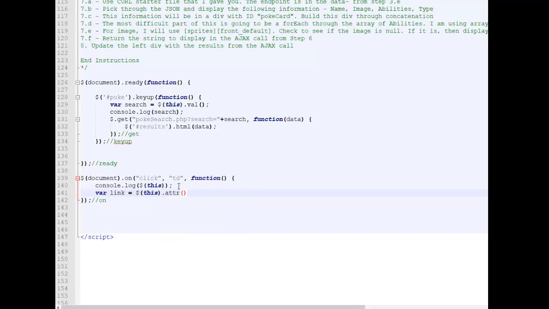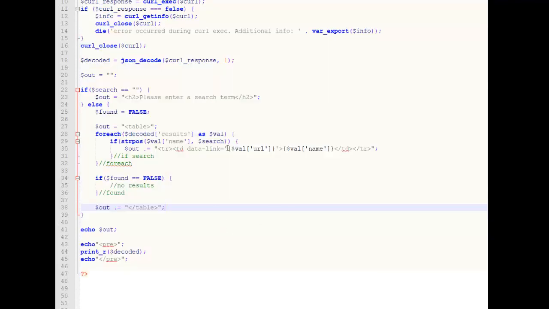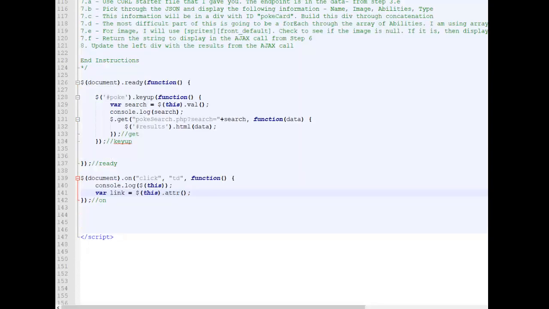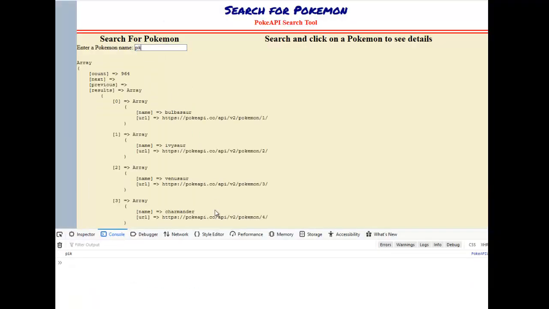In this case, our attribute was called, I'm just going to copy and paste it because I don't remember what it was called. It was that thing, data link. So that's the name of the attribute that we gave it, right? It's a custom attribute. So I'm saying, hey, link is going to be whatever was there. And at this point, you know that whole console.logging thing? If you want to see how this works, this would be a good time to do that. And instead of this, I'm going to log link. It's going to provide similar results, but you'll see what I'm doing. So I fetched that link there. Let's spit it in the console here. Click on